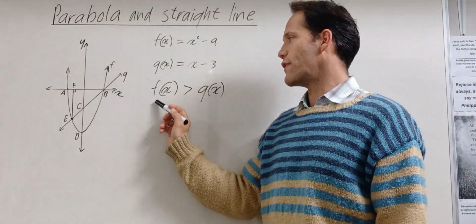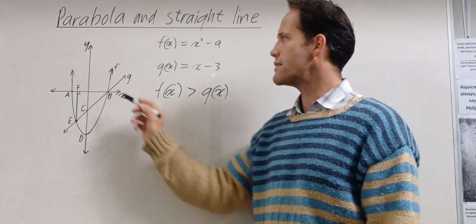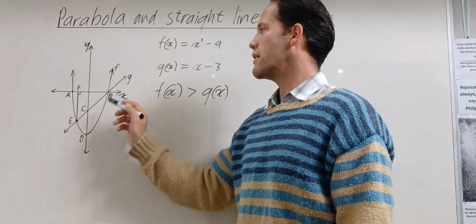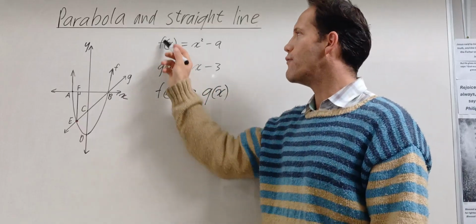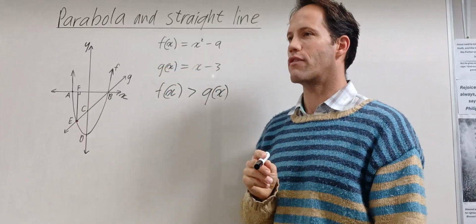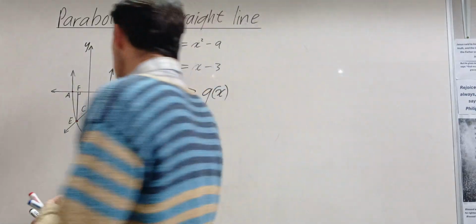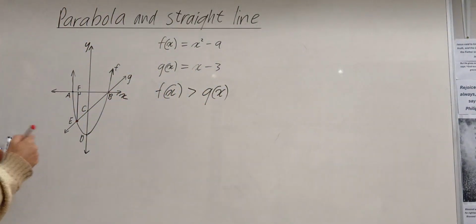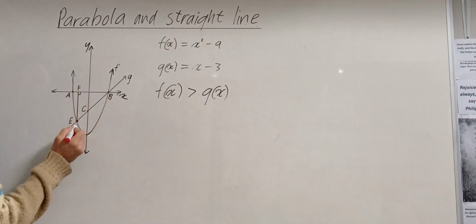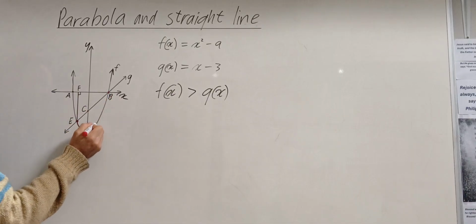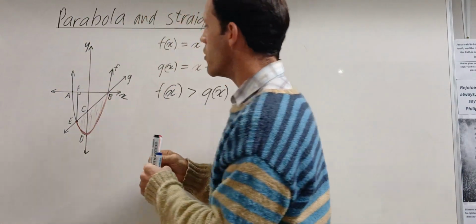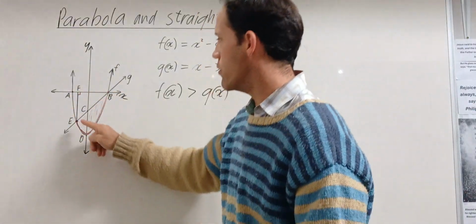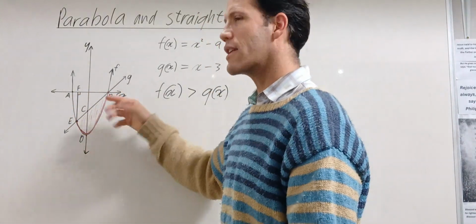Right, so let's say now the next question is, where is fx bigger than gx? Where is the parabola bigger than the straight line? So fx means the y values, gx means the one. Where is the y values of this one bigger than the y values of this one? Okay? So what you can do is you can first look at where do they intersect. Okay, we said they intersect there and there. So this part here, can you see this red part here is where the parabola f is below the straight line, the red part. You can color it in if you want to.